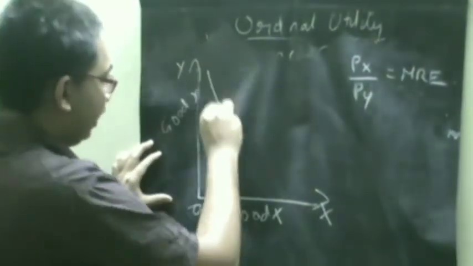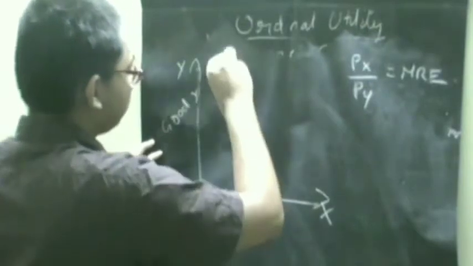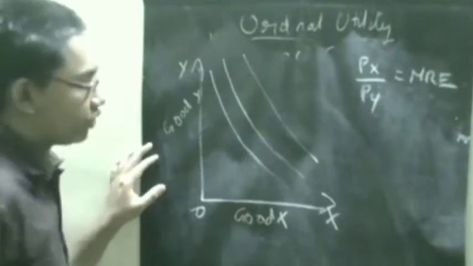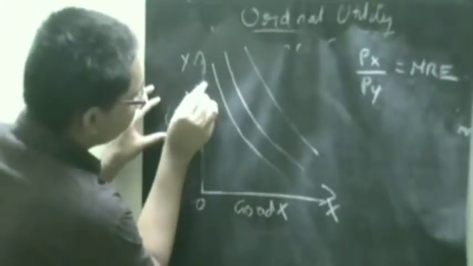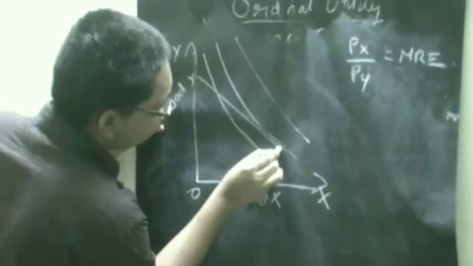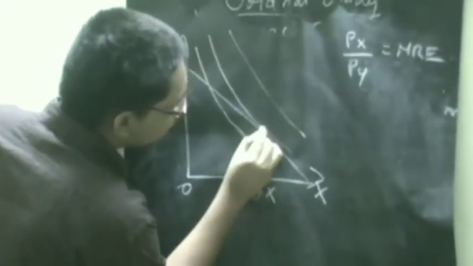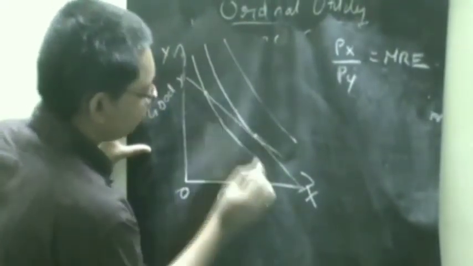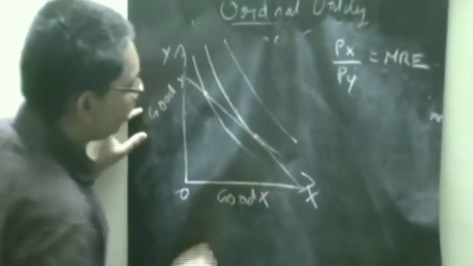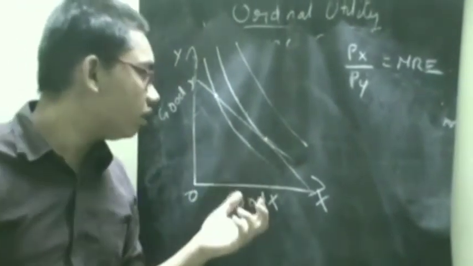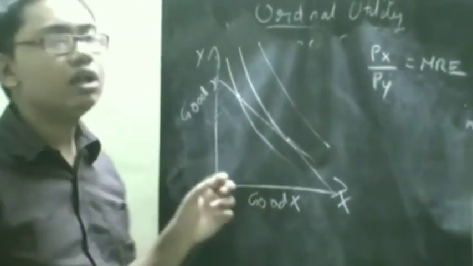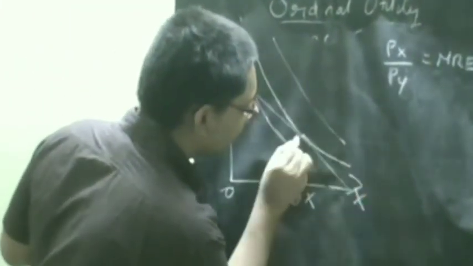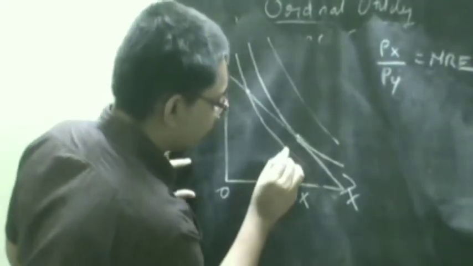Say we have 3 indifference curves. Okay, each yielding the consumer different levels of satisfaction. And we have the budget line like this. Okay, let's say the budget line is touching this curve at this point and here. Okay, now how can we determine the level of equilibrium? The basic condition for the level of equilibrium is that the budget line should be tangent to the indifference curve at the equilibrium point. Okay.